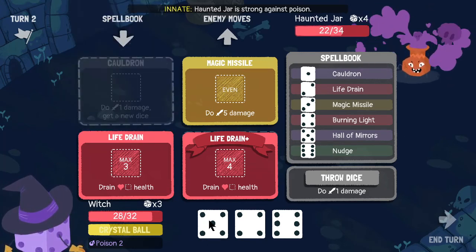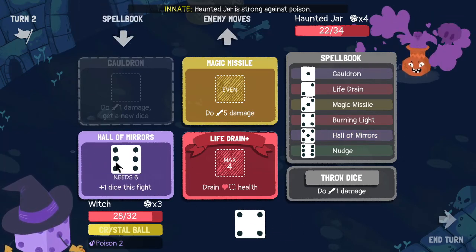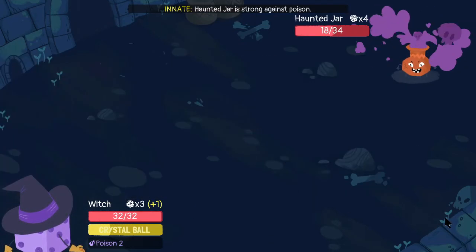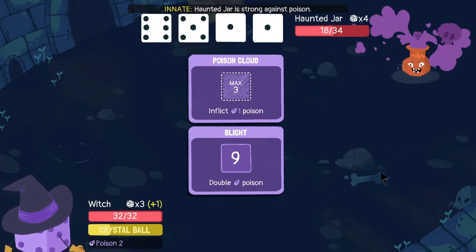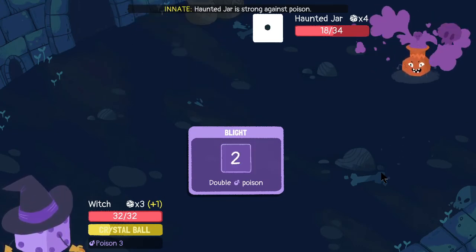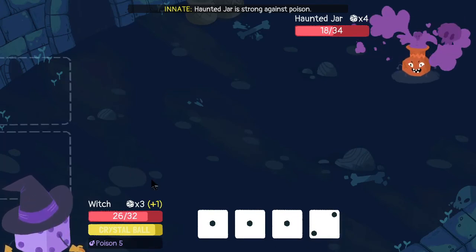Okay, 5 is amazing. So I'm probably going to drop that lifesteal in favor of Hall of Mirrors. And then we're going to use the 6 to get an extra dice next turn. And we're going to drain some health. Okay, we're getting double poisoned here. That's unfortunate. So we're going to be poisoned for 6 now. Okay. At least we have an apple that's close, and I can...